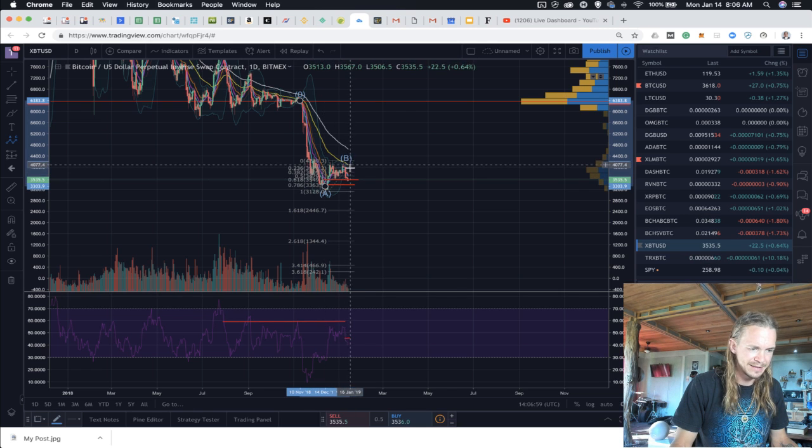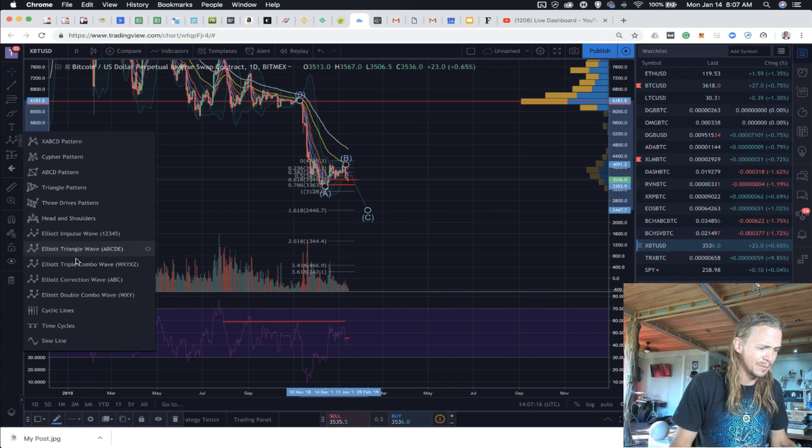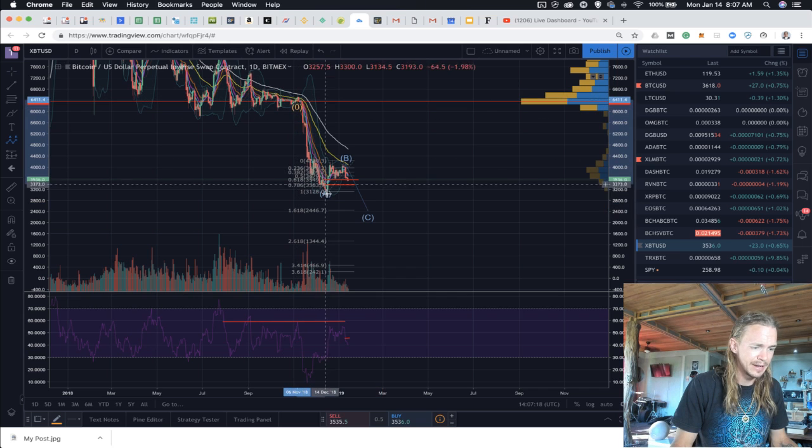The fact that we've hit the 55-day moving average almost twice here is not a very good sign. Now, may we hit it again? That's very possible, but I do suspect that the C wave is going to bring us somewhere down to around the $2,500. Now, Bitcoin is also extremely complex, so if I were to draw this again, I would actually suspect